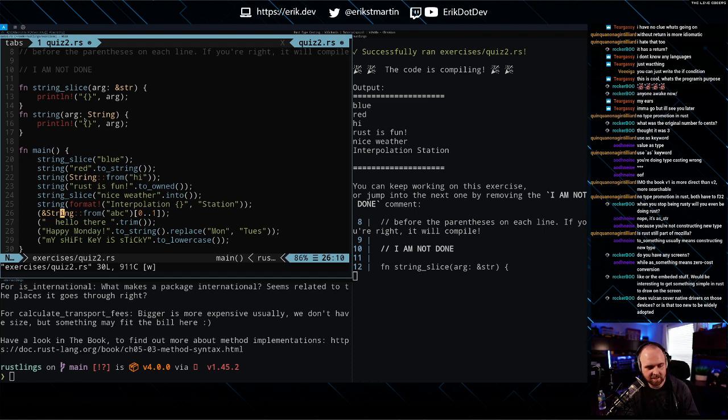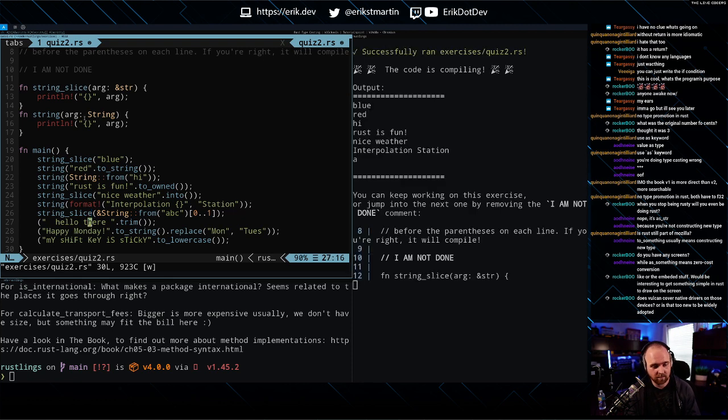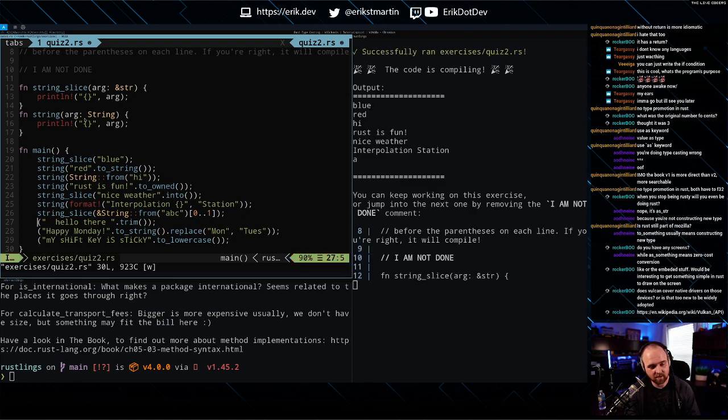Okay, so this is constructing a pointer to a string struct, but then slicing it. So I'm going to guess that this returns back an str. Trim, I'm guessing that's also going to return back a string slice.